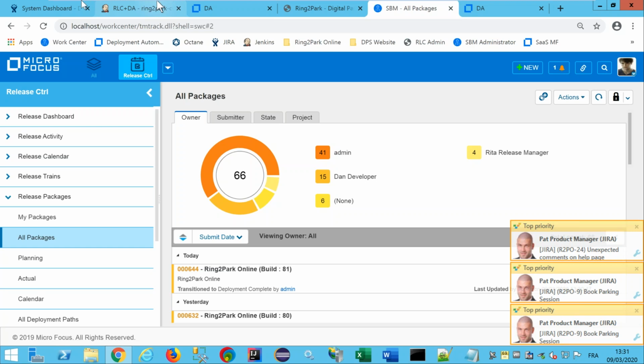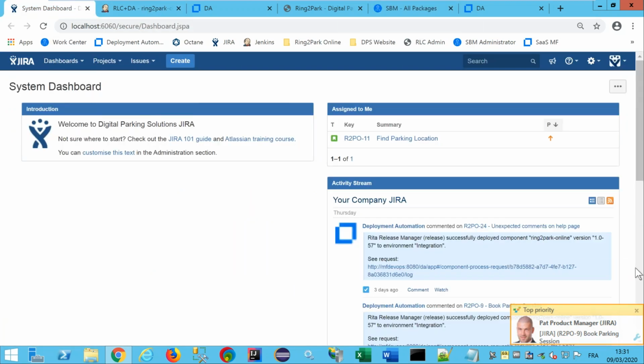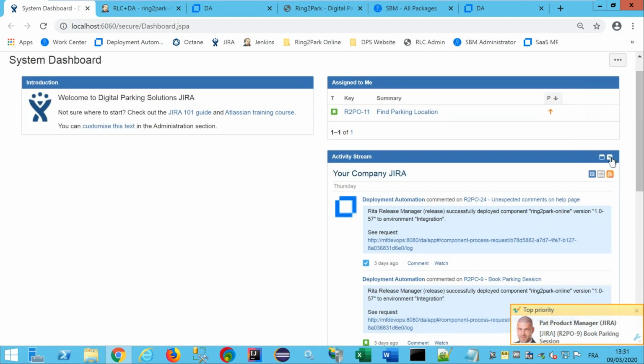If we have a look in Jira, do you remember we worked with the ticket 9 and 22. So this is a 22 ticket here.